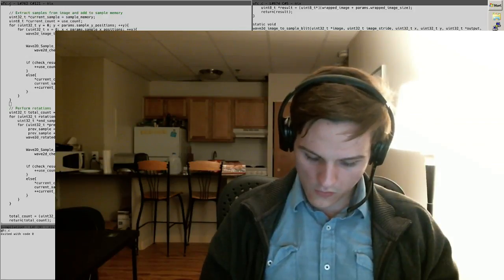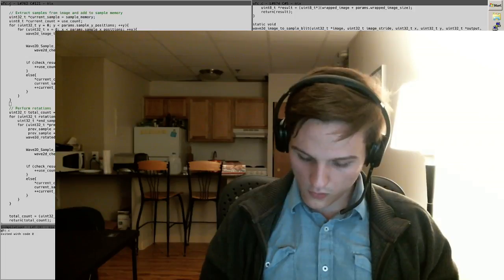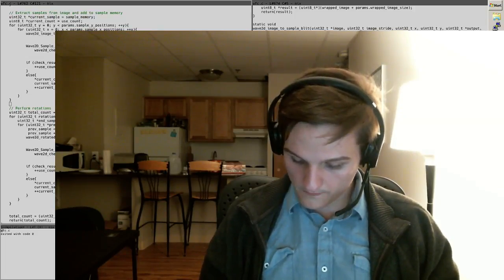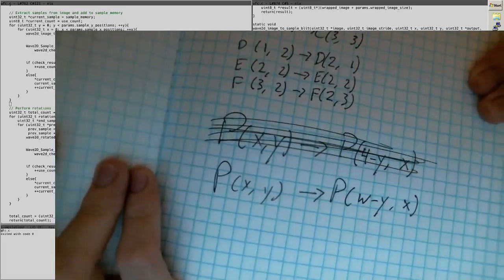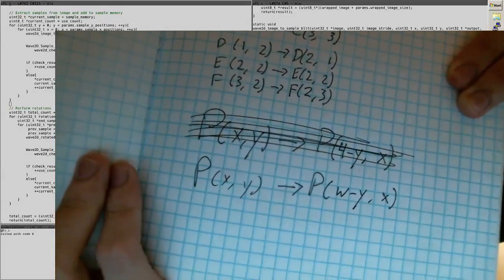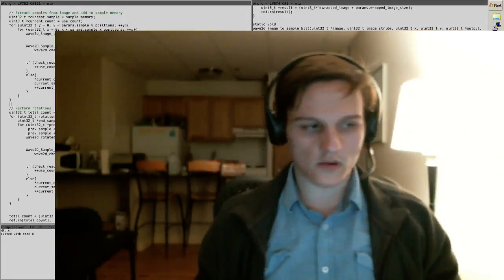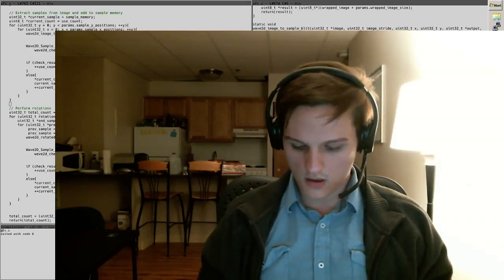So p x y, that's easier because that just generalizes to width minus y instead of width plus 1 minus y. Okay? So there we go. There's the corrected and generalized version of the formula. A point at x, y becomes a point at w minus y, x. Now I'm just going to quickly take some